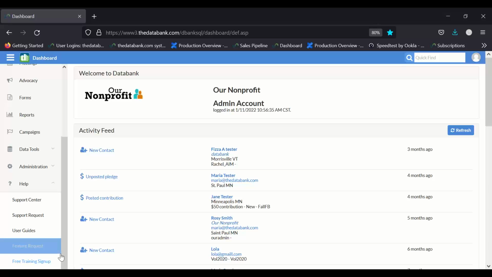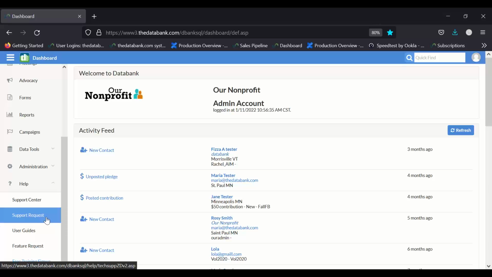And last but not least, a support request. We have the ability for you to enter any questions or comments that you might have in regards to your DataBank system, whether how to run a query, or whether you want to change a setup within your DataBank system. This will notify us via our own ticketing system, so it's just the best way to get a hold of any